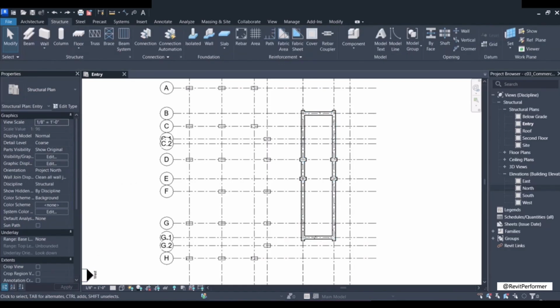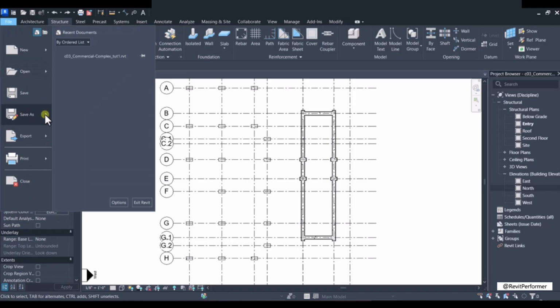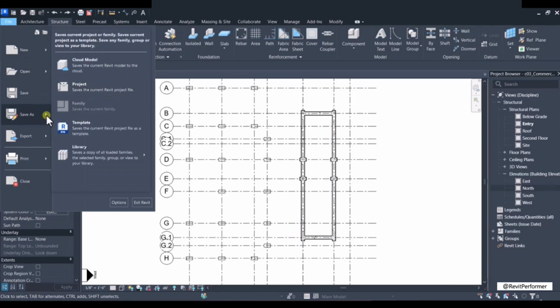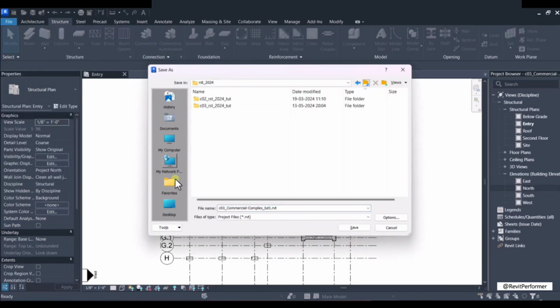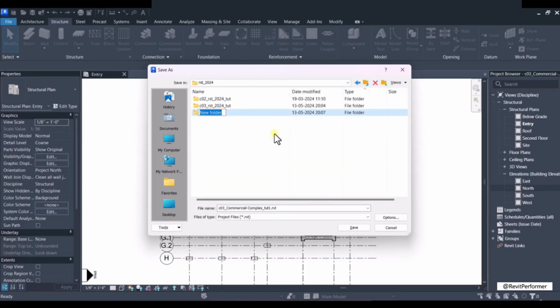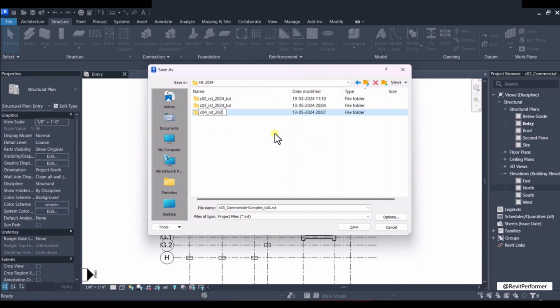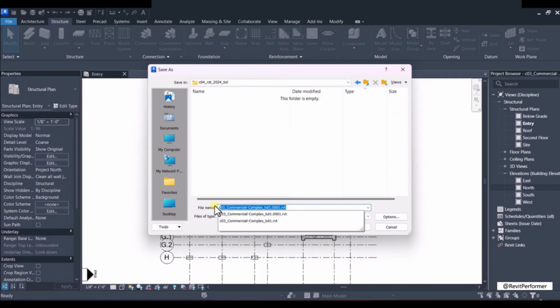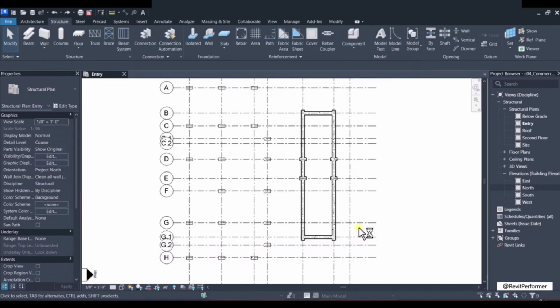Finally, to save the project, go to the File menu and choose Project option from the Save As menu. Then browse the location wherever you want to save the file. Create a folder C04 RST 2024 2 and enter the file name C04 Commercial Complex Tute 1 and choose Save button. The Save As dialog box closes and the project file